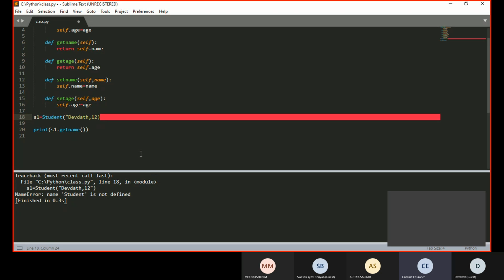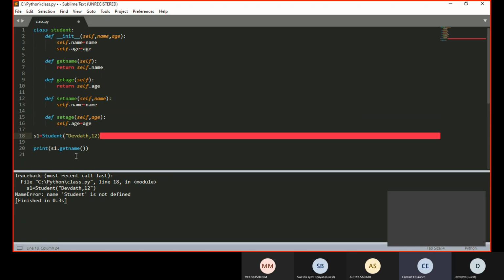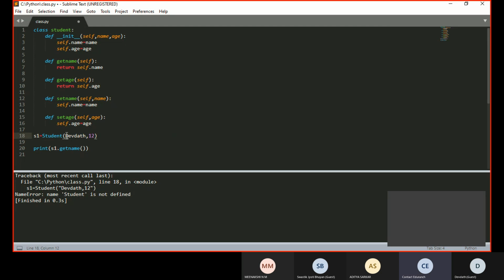Maybe you are doing something wrong. It says student not defined. On the class name you have given small s, and while creating you are doing capital S. Define the class name as capital S on line number 1. Now save, run.